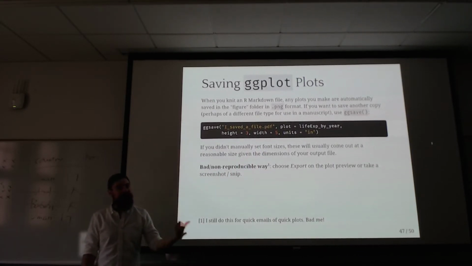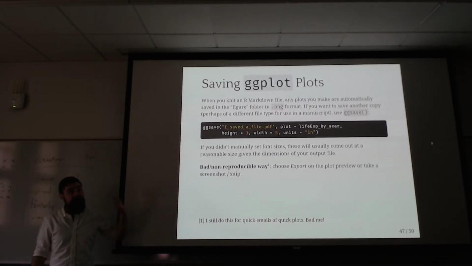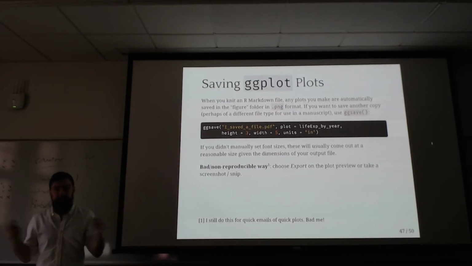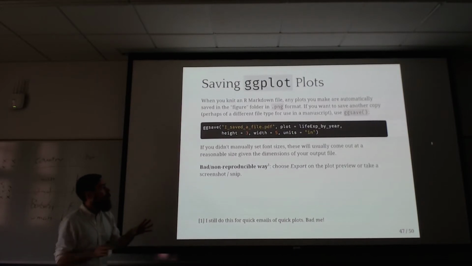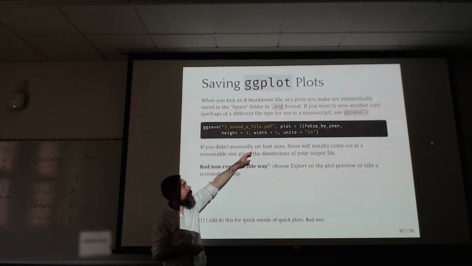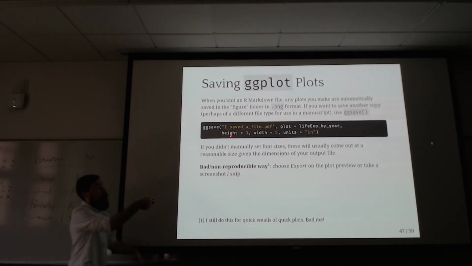It supports that for PDF, PNG, JPEG, SVG. For anything online, I highly recommend SVG files, which are scalable vector graphics. You can zoom in infinitely and they will look good no matter how much you zoom in, because they're vector graphics. You could set the height of it, the width of it, what units you want those height and width